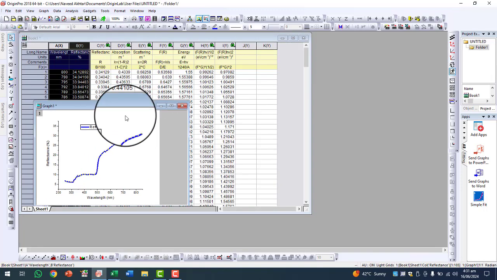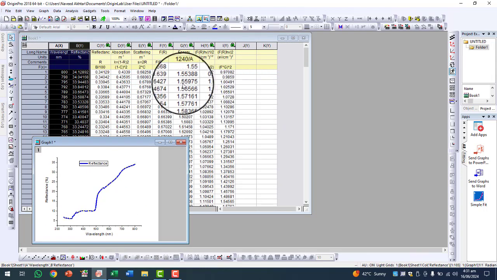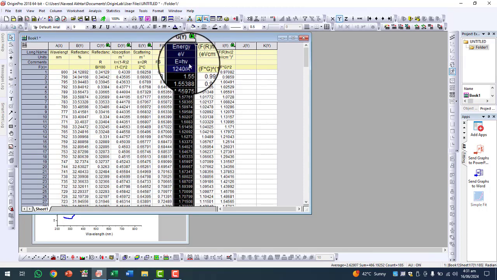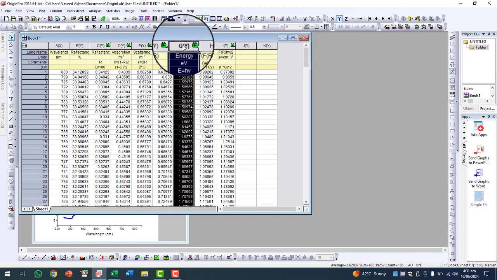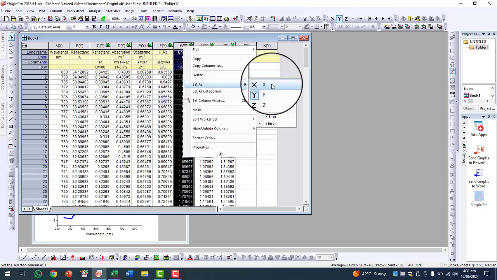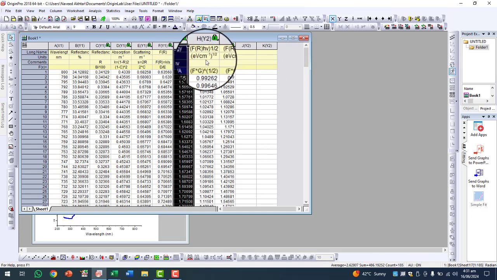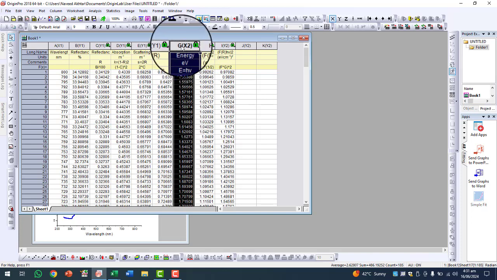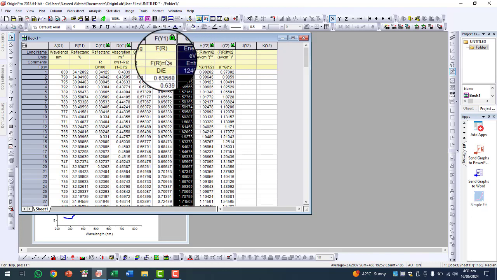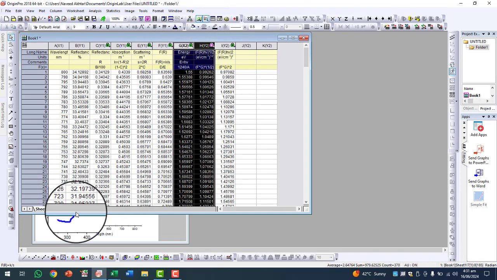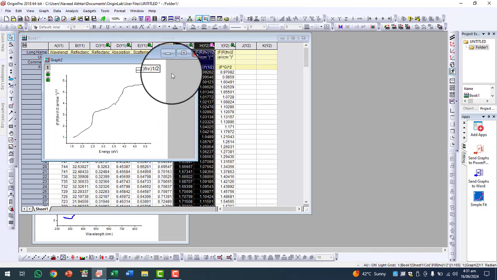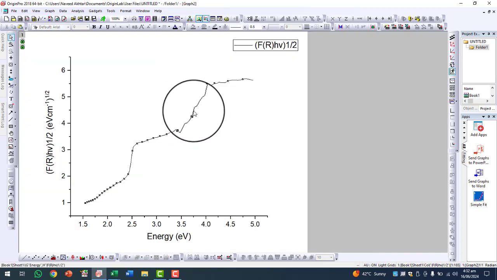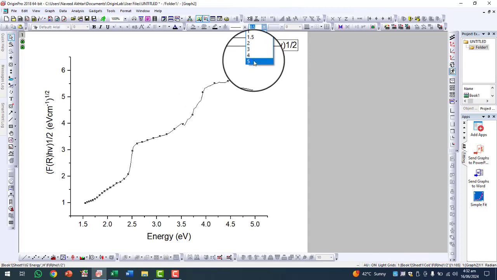Now I am going to draw the band gap energy plot. For the band gap energy calculation, you will have to set the energy column as the x-axis, so that I can plot the spectra for direct and indirect band gap versus the energy. First I will calculate the indirect band gap energy. I can simply select it and draw a spectra for it. Now I have enlarged it and set its colors, etc.